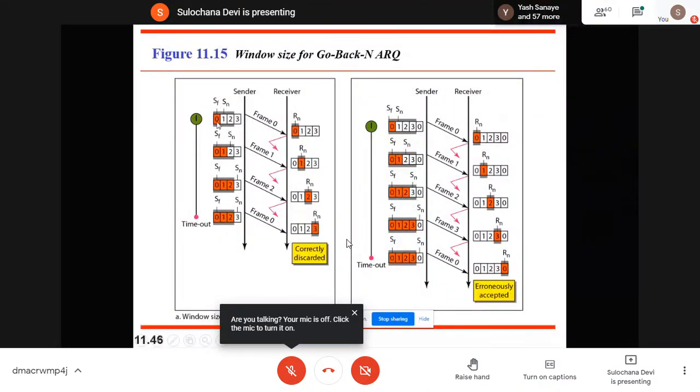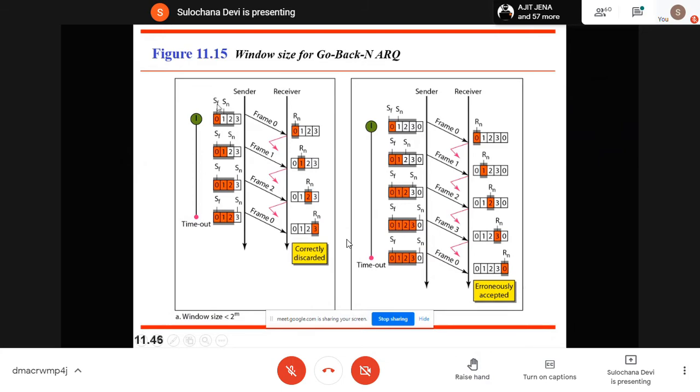Not 3 is included. Now, initially this SF and SN both point to 0 and you send frame number 0. Here the value of Rn is set to 0.